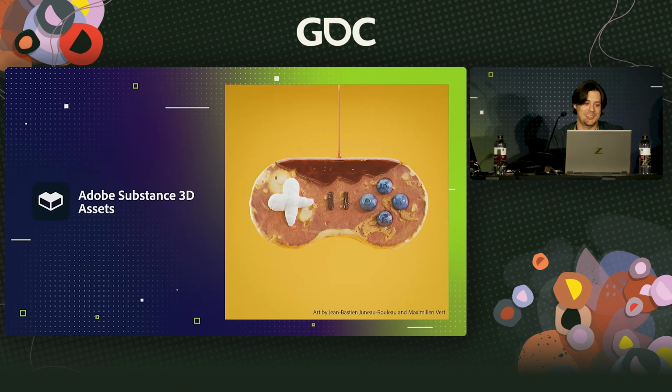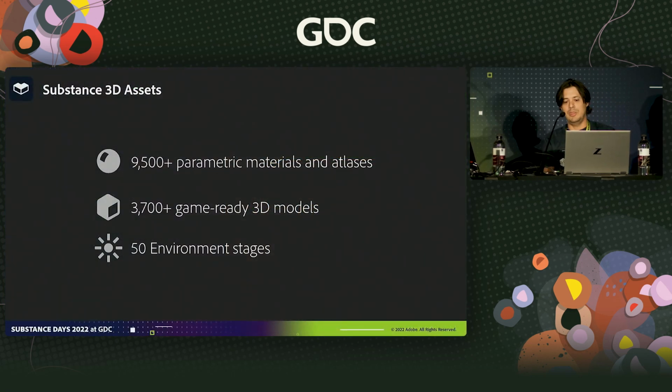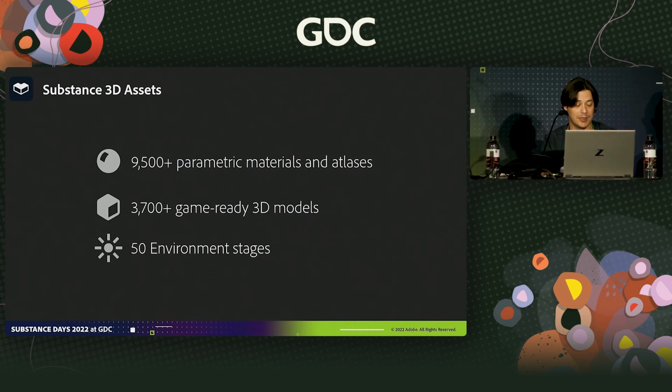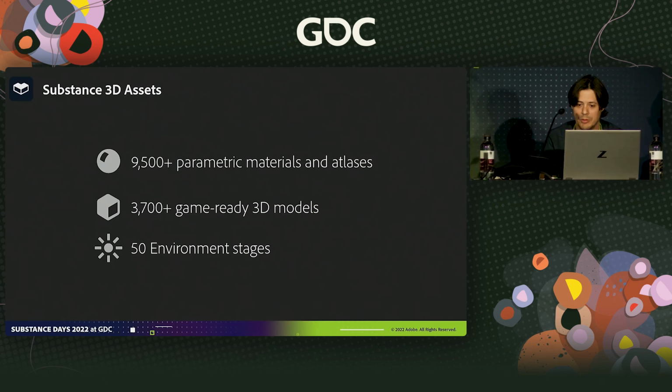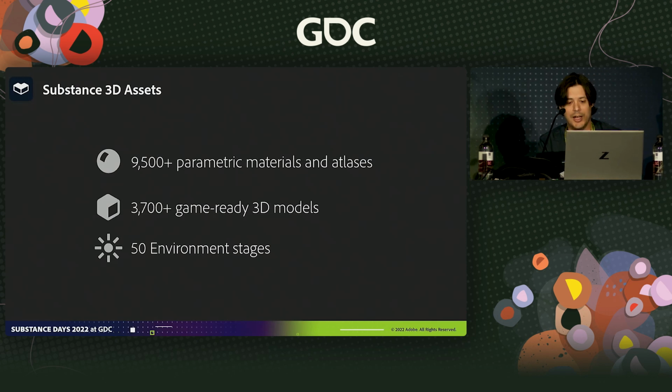With that said, let's jump into the products here, and we're going to start with Adobe Substance 3D Assets. We now are offering more than 13,000 assets, most of them being parametric. We like parametric stuff, providing millions of potential variations. Since last year, we added thousands of game-ready 3D models with consistent poly counts, texel ratio, unique UVs, and clean quad-based topology.